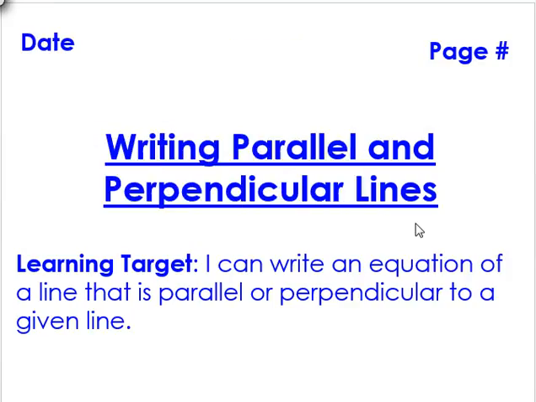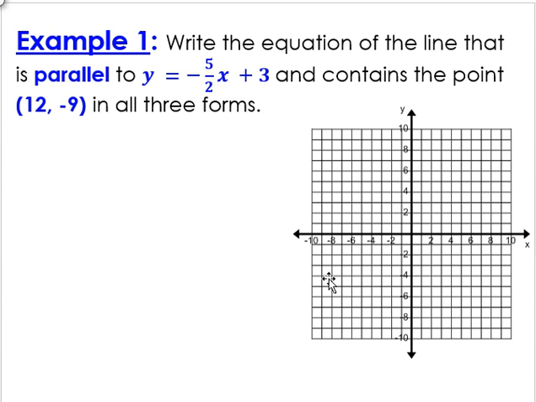Okay, so we're basically going to combine everything that we've learned so far, which is writing equations of lines, and then understanding parallel and perpendicular lines. So now we're going to write equations of parallel and perpendicular lines. In our first example, they're saying write the equation of a line that's parallel to this line and contains the point (12, -9),